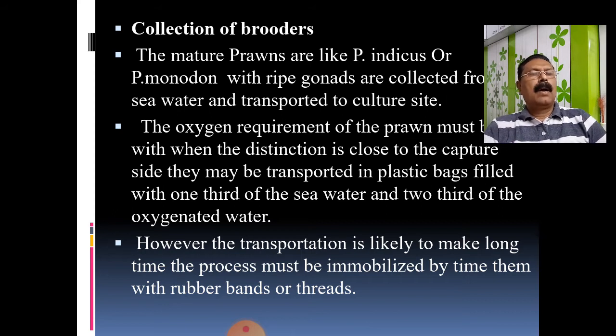I told you that whenever there is extraordinary movement, when there is hyperactivity of the prawns, ultimately it utilizes a maximum amount of oxygen and it will be in need of extra oxygen. As a natural rule, every captured animal will naturally try to escape from that container, from that condition. The prawns will also try to escape from that container.